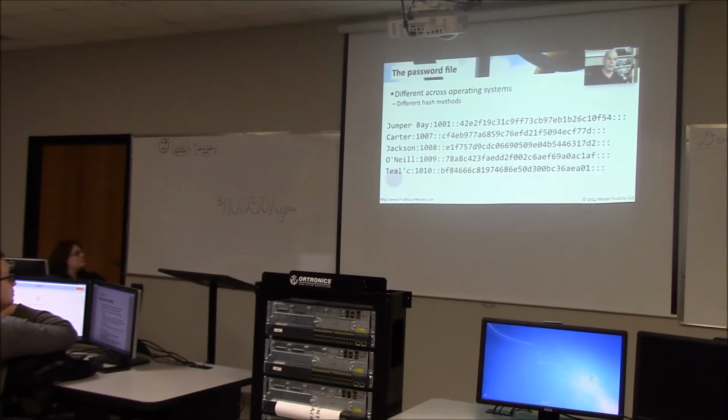Those are on my Windows 7 machine. There are some IDs associated with those usernames, and everything there at the end, that long string of hexadecimal numbers and letters, that is the hash that is created by Windows 7. So if somebody grabbed this database, they could then take that information and begin their process of brute forcing those